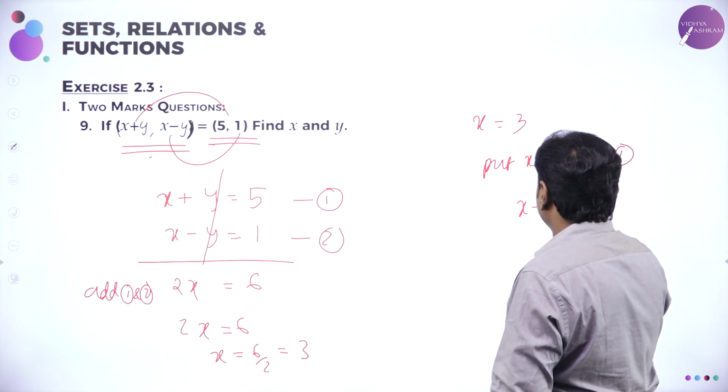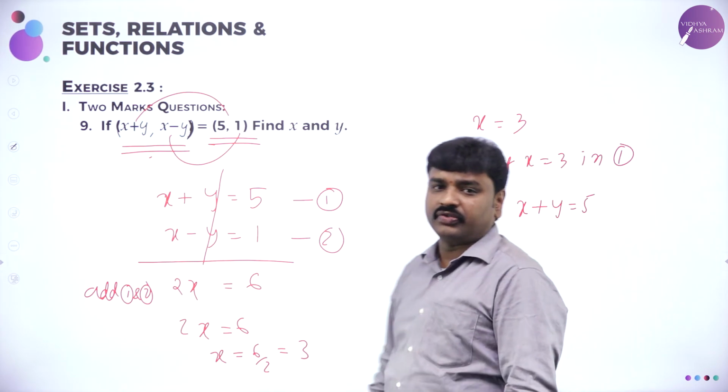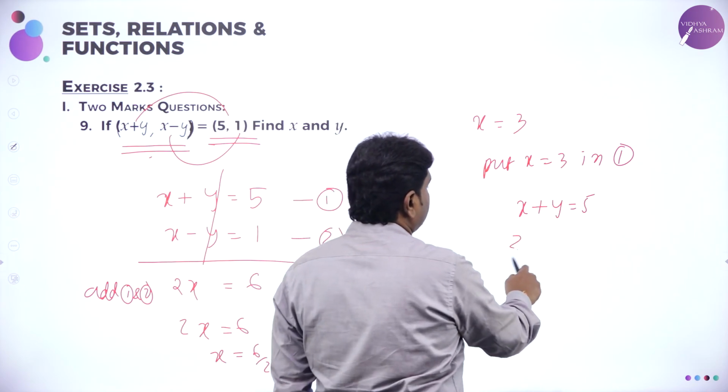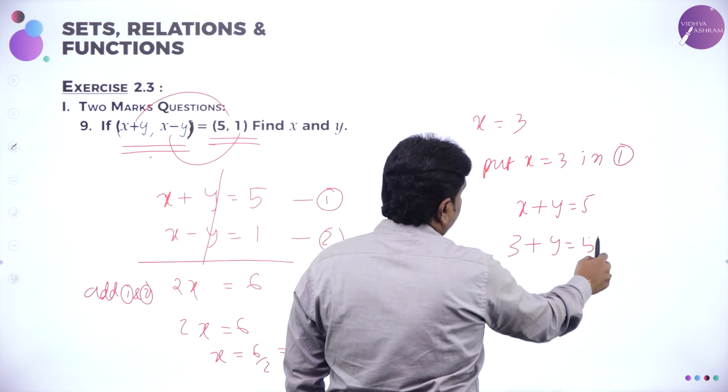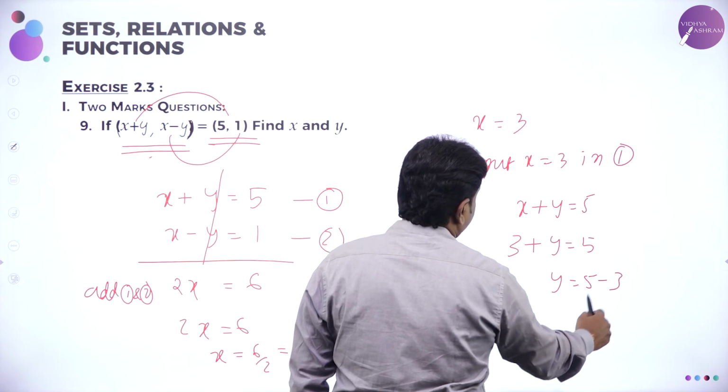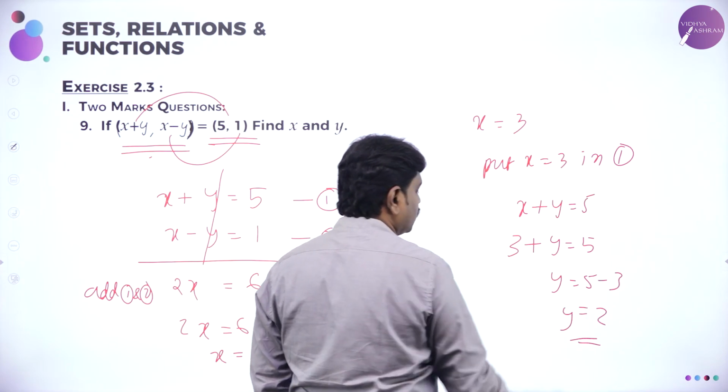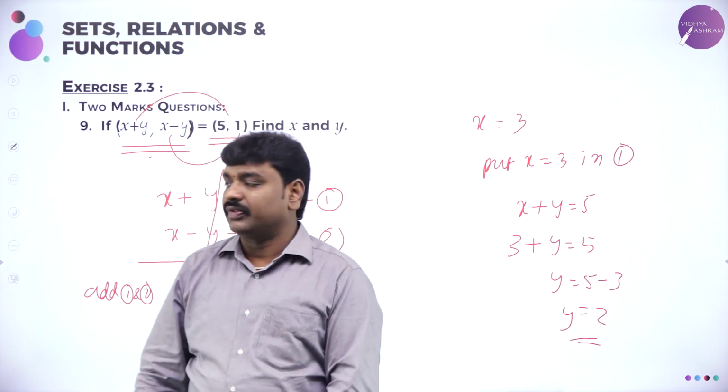What is 1? x plus y is equal to 5. In this, substitute the value of x. So that is 3 plus y is equal to 5. So you will get y is equal to 5 minus 3, y is 2. We got the x and y values. Next,